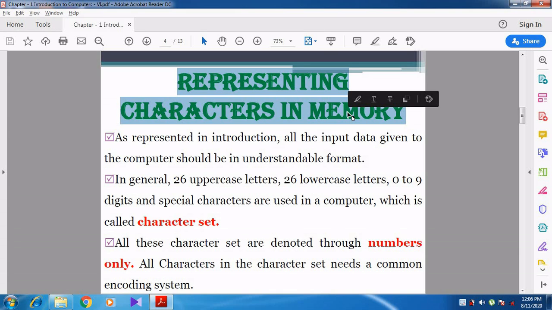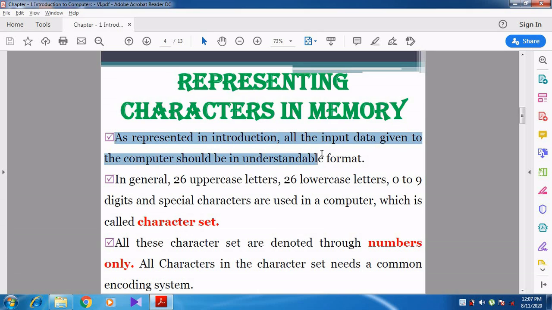See, actually we are typing the characters only. We are typing the alphabets, the numbers, the special characters. But these characters and numbers are not stored in the memory because the computer can understand only zeros and ones. So how are the characters represented in the memory? Is there any other system that is followed in the memory? That is what we are going to see now.